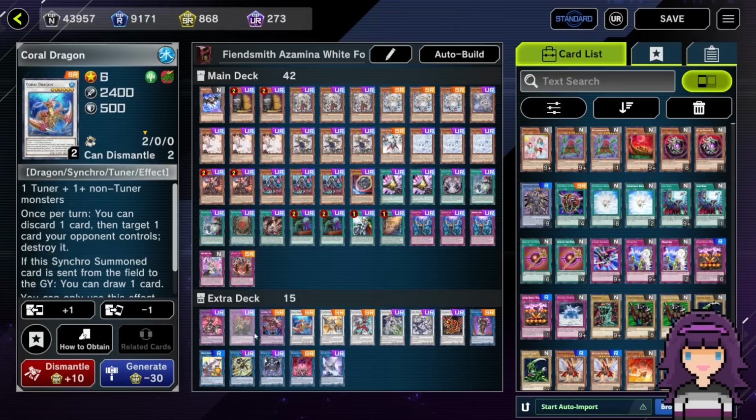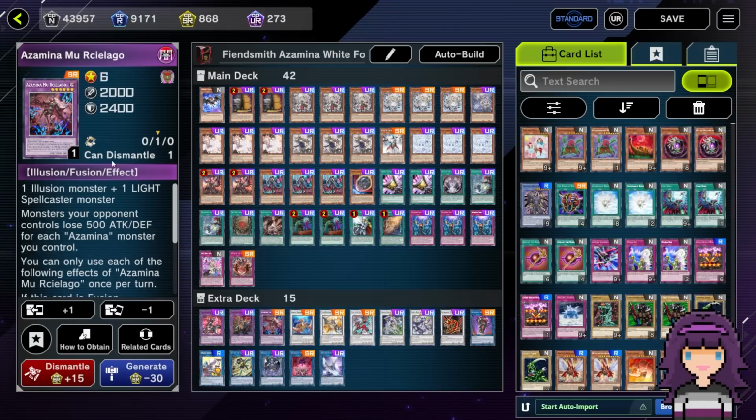yeah, what else? Oh, but the main level 6 non-tuner body you'll use is actually the Rashilago here. I think that it's a sh with the C. I don't know, but